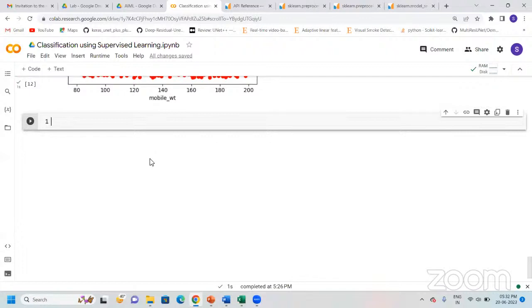So now what we are going to do is that sometimes when we have a label, it is not given as values like 0, 1, 2, 3. There are values given in the form of